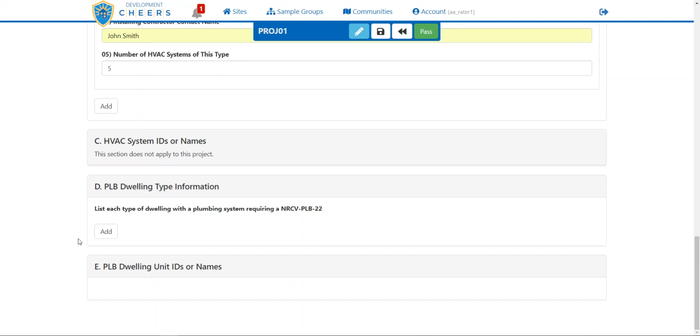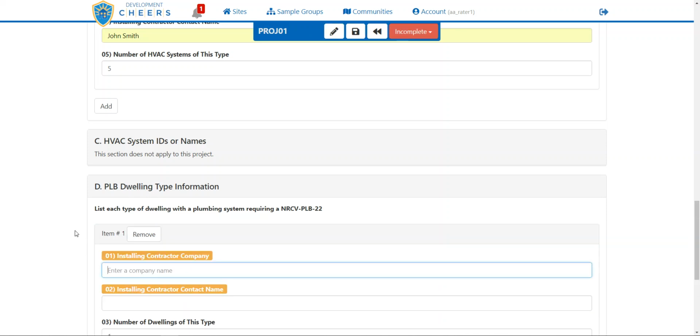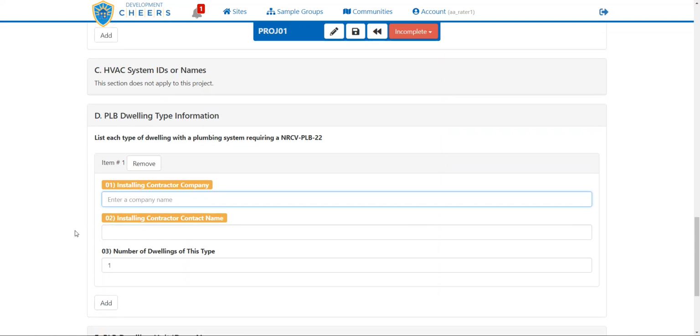So the duct leakage is the most common HERS verification in non-residential, but there are 2 plumbing verifications that can be done. Because they are not very common, we decided to not display a single item. If we displayed one, then you'd have to come in and delete it, and it seems like they would be deleted more often than they're added. So if you need to do plumbing verification, then you'll need to click on the add button here. You'll add in that dwelling or that system type,